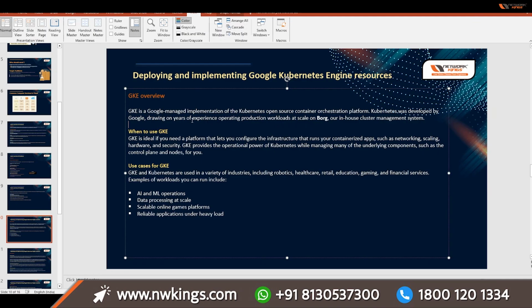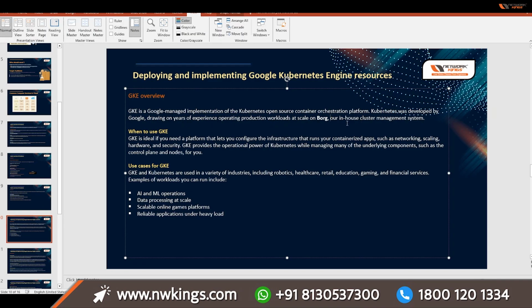So years of experience Google has got here in scaling the infrastructure using Borg, our in-house cluster management system. So every offering you are getting on GCP is on their cluster, right? So what is cloud? Cloud is somewhere, someone else's data center. So if it is GCP, Azure or AWS, we are using their data centers to host our services. So they are already aware that anytime user load can increase, and imagine how they are serving all these customers. That's why they have quite good experience in scaling their infrastructure